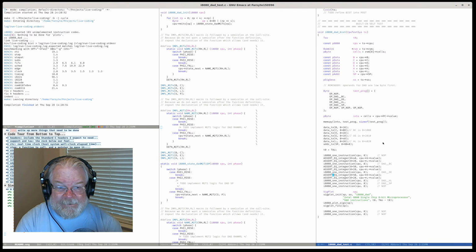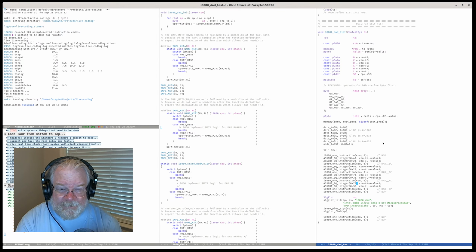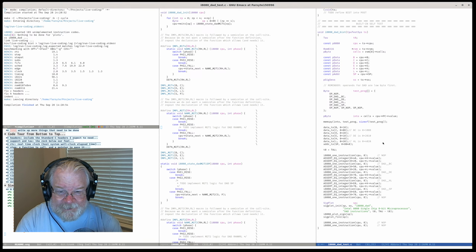When we add DE, it's going to add, this is 70. DE is 10, so this is going to be 38. We're going to add HL to itself. So this is E070. We add the stack pointer in, it's 8040, so 8 plus E is going to be 6 with a carry.